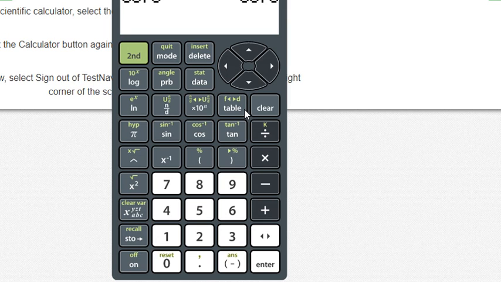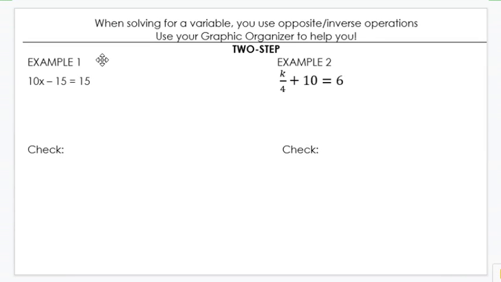Here is where I'm going to model what to enter into your calculator. So we're first going to enter 10 times 3, because that's what we got for x, minus 15. And we don't put anything else. We just hit enter and see if that gives us 15, which is what we had on the original problem,